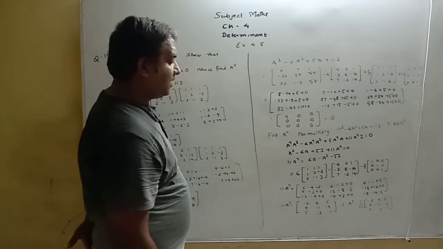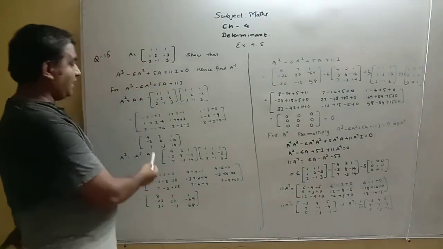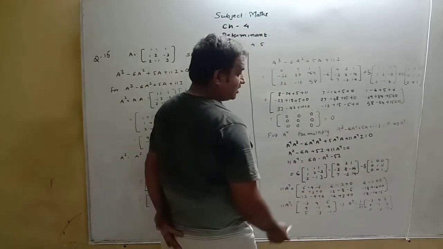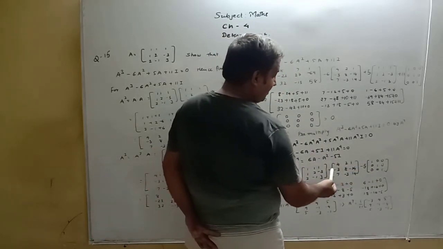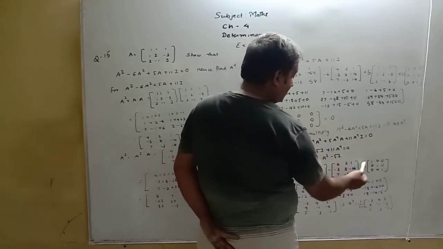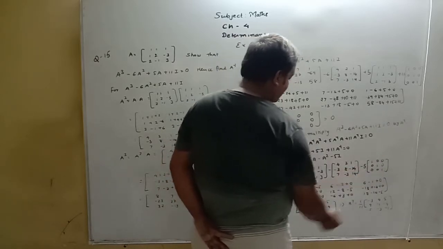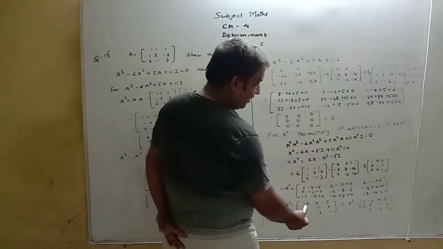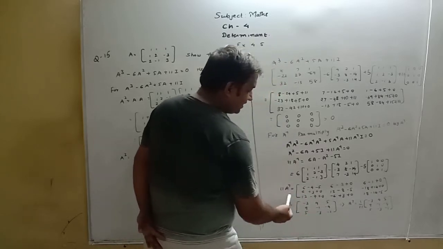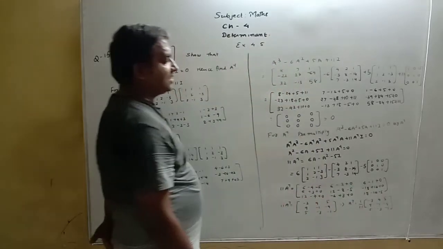In this we substitute the values: 6 into A means the given matrix, A square means what we have calculated, and 5I means 5 into [1 0 0; 0 1 0; 0 0 1]. So we simplify: 6 1 the 6 minus 4 minus 5, 6 1 the 6 minus 2 minus 0, 6 1 the 6 minus 1 minus 5, 0, 0. Like this we simplify, then we get [-3 4 5; 9 -1 -4; 5 -3 9]. That is 11 A inverse. So A inverse equals 1 by 11 times the given matrix, and that is the answer.